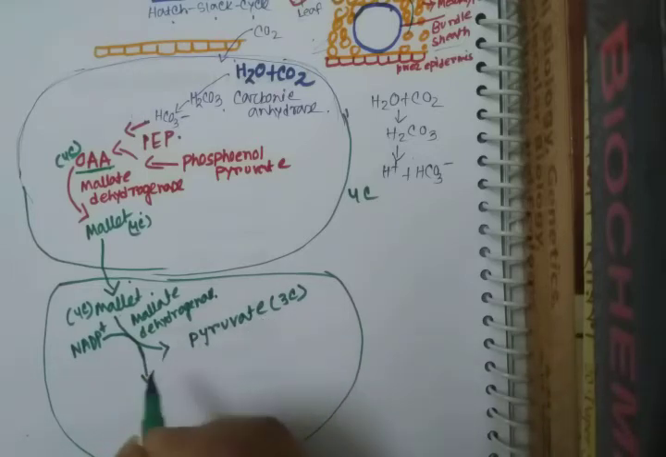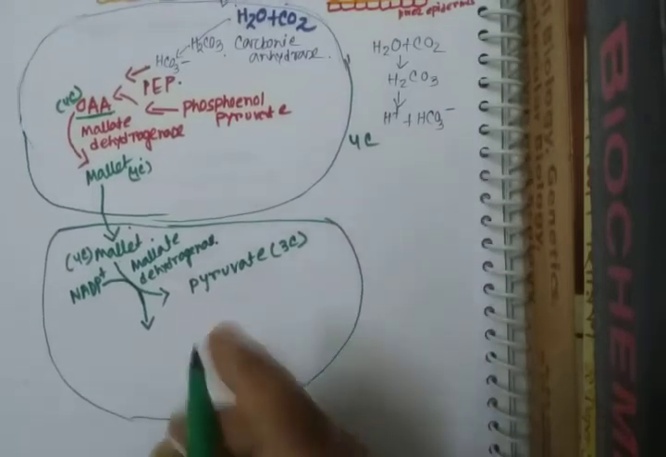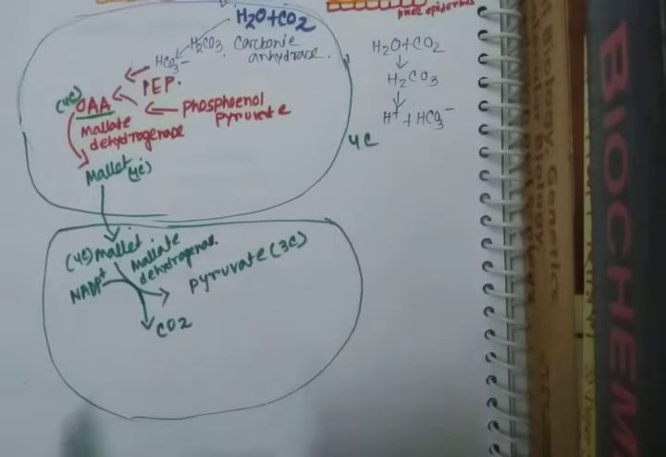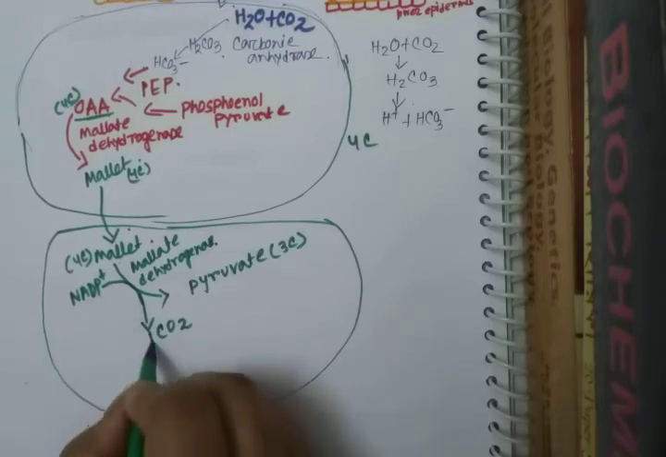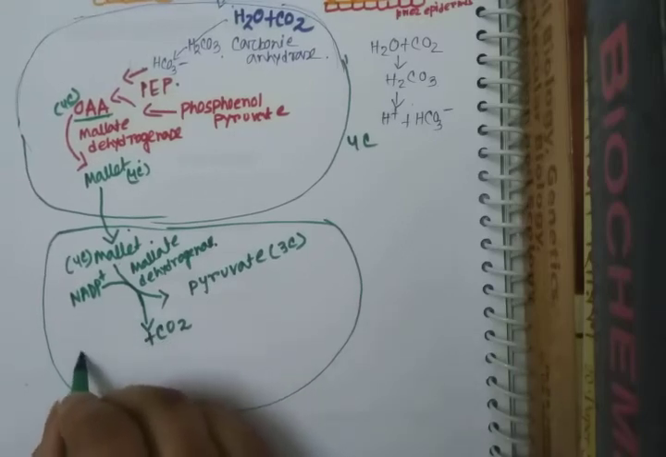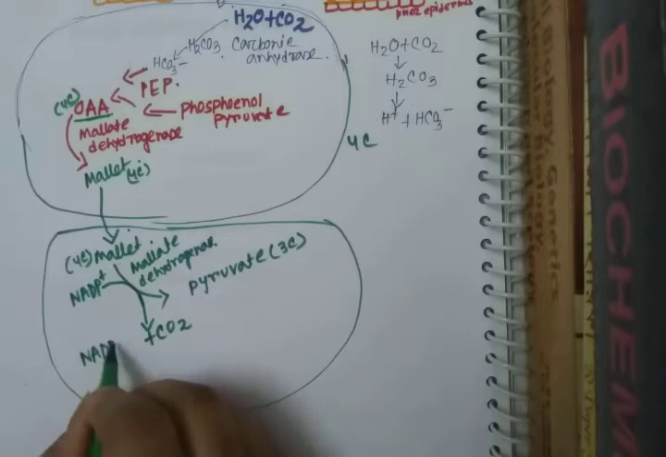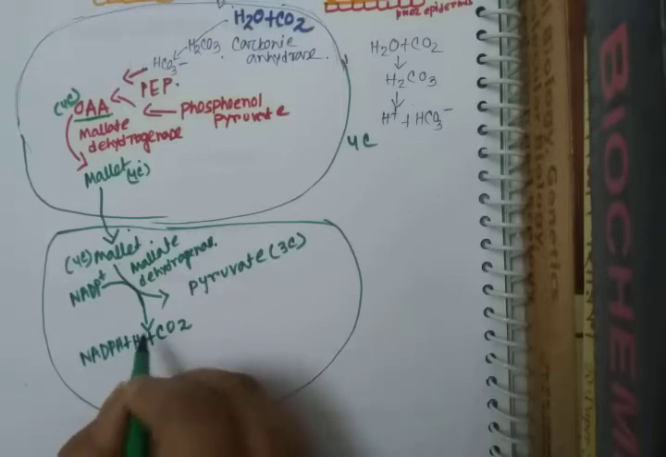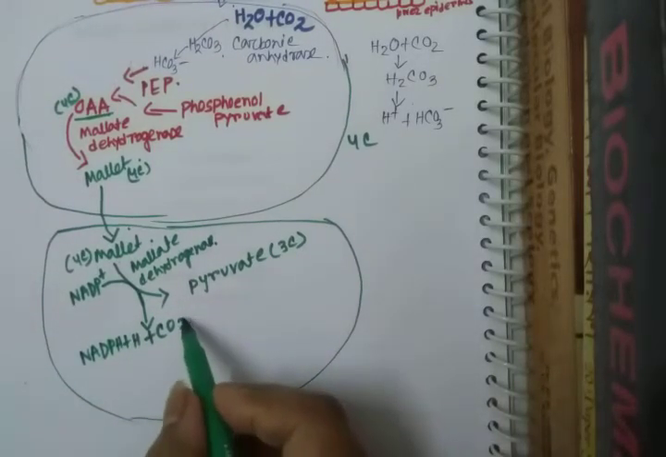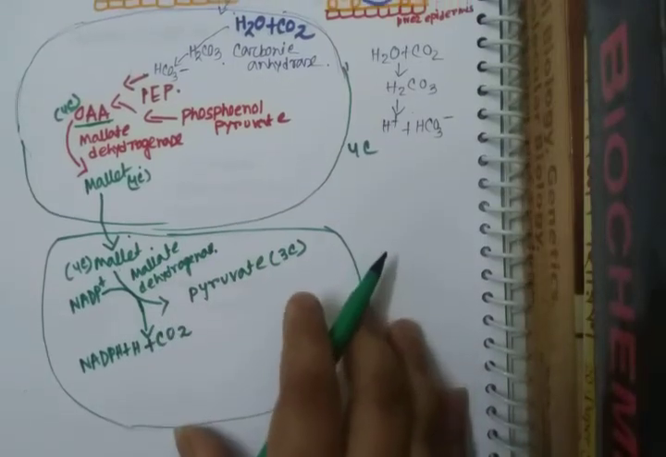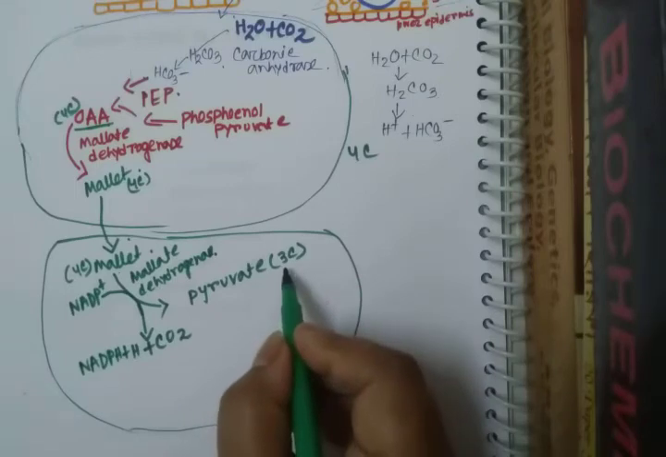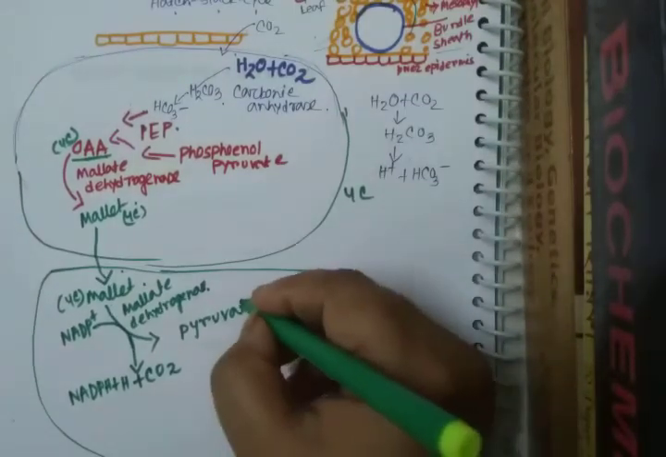Another product will be formed, that is CO2. And also here we add the NADP plus, so that we will get NADPH plus H. The main product we get is CO2, and the pyruvate, the 3-carbon compound, will be moved into